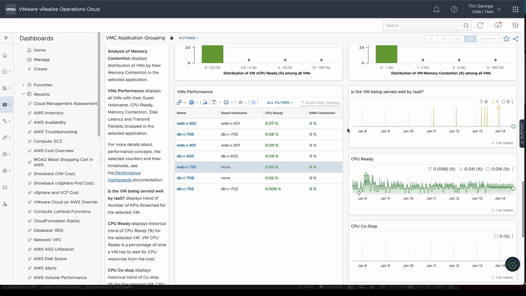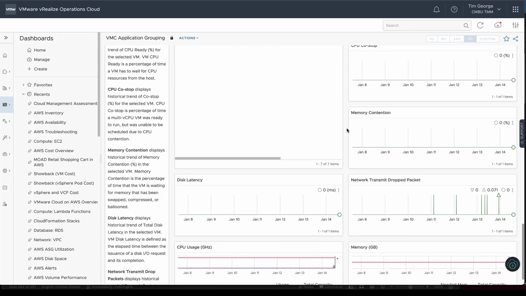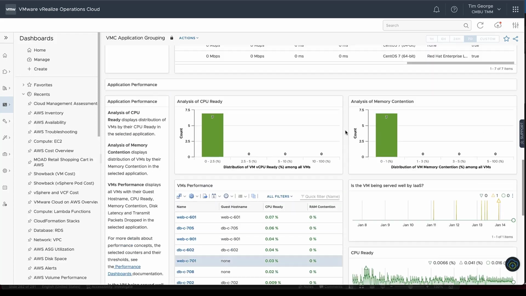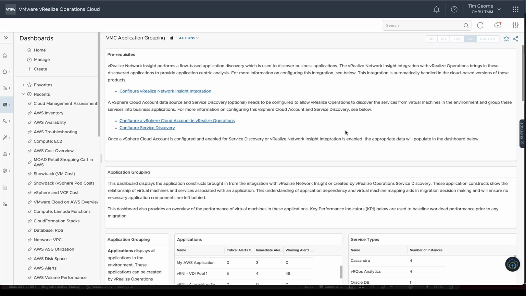If we scroll down even further, we can then get some more statistics around our VMs that are part of this application. We can get CPU ready, memory contention, are we breaching any of the KPIs that we've set, CPU ready, co-stop, contention, any sort of dropped packets on our network, as well as CPU usage and memory usage compared to